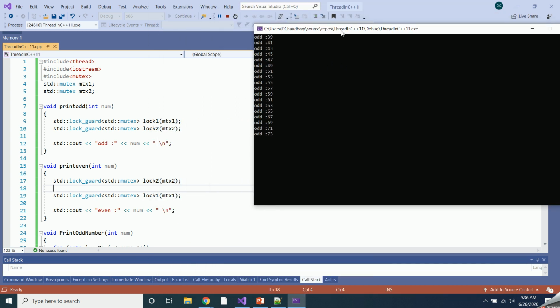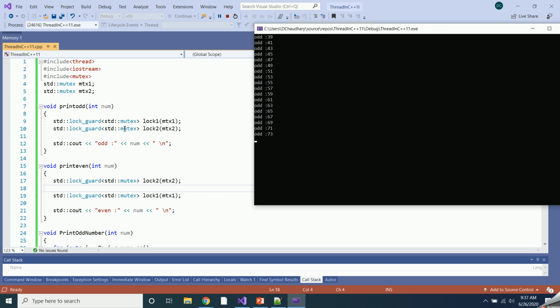This is because what has happened, when this odd number thread was executing, when it printed 73 and then again tried to print 75, at that time this mutex 1 was acquired, and at the same time this print even also got called by the print even thread, and then this mutex 2 got acquired by the print even thread.